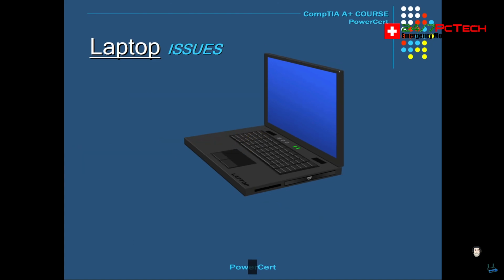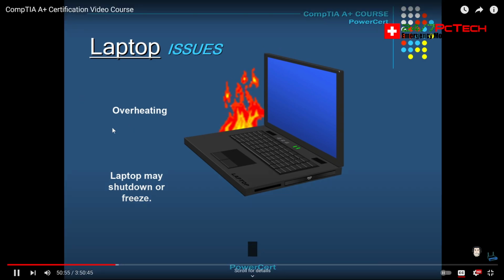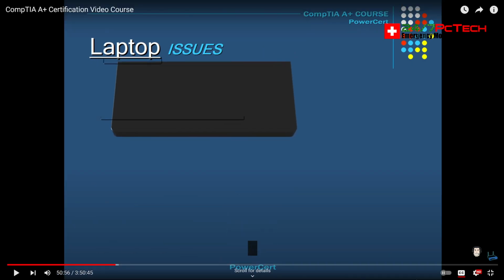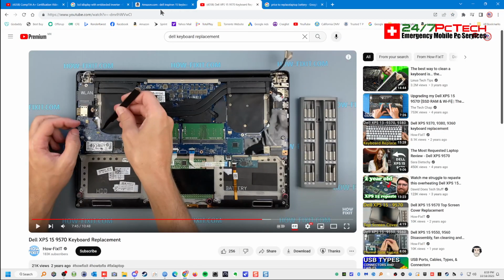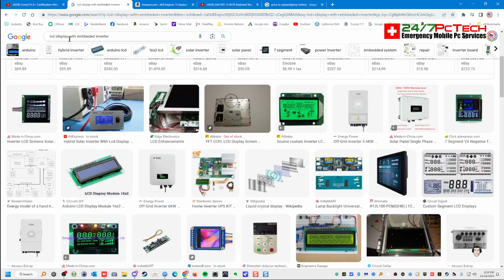A very common issue that happens with laptops is overheating. A lot of people complain that as they're working on their laptop, the laptop shuts down or freezes, which is a very common symptom of overheating. Now, it could be a bad fan, or it could be, let me show you a picture, or it could be